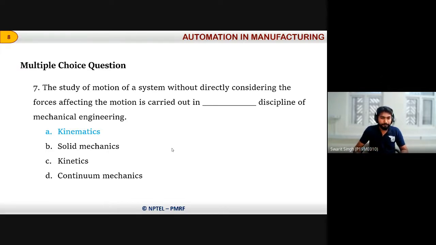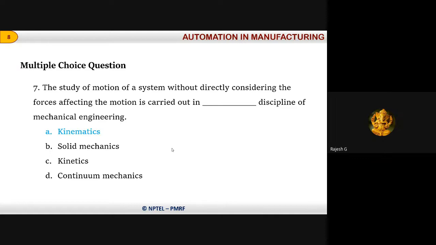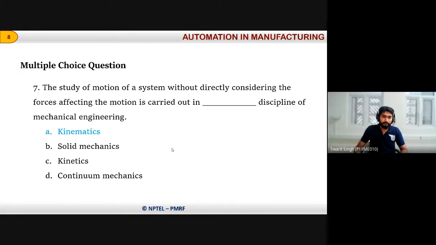Sir, I think it's kinetics. Yes. In kinetics, we are considering the force, energy, and mass. Actually, mass is introduced in the system, and with the introduction of that mass, the force and energy are also induced in the system, and that kind of study is dealt with under the